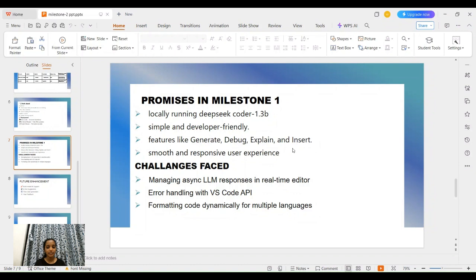Let's see the challenges faced while working on the project. Managing the model was very tough because handling AI responses and keeping the interface responsive is a very tough task. Next, error handling. VS Code API provides several APIs, but handling and managing errors while interacting with WebView and editor was very tough. As a developer, I must focus on the output and the syntax in which it is going to